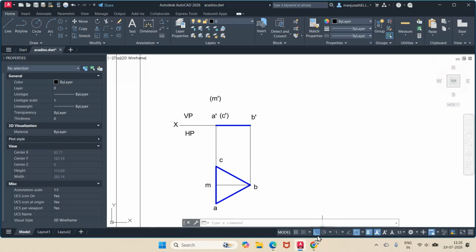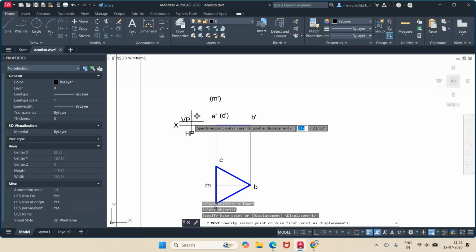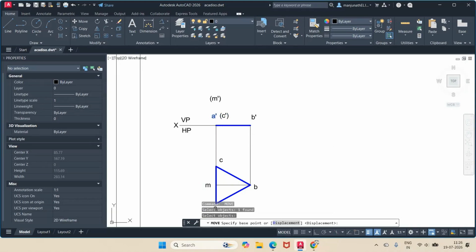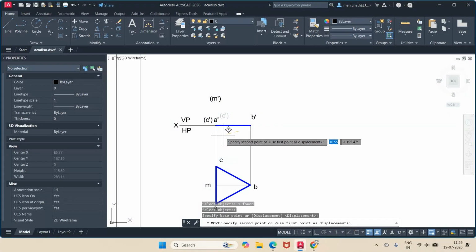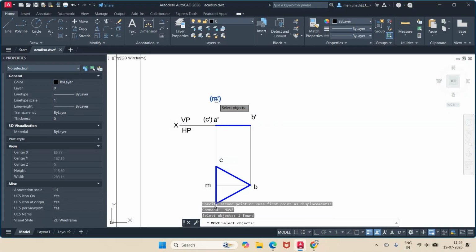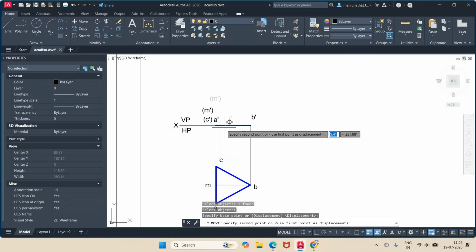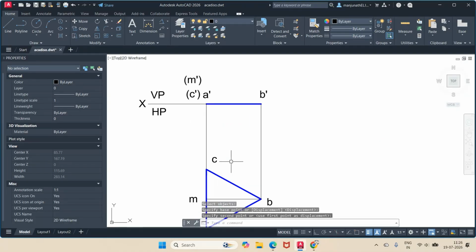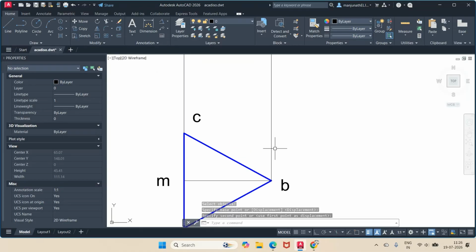Now I'll go for disable ortho and also post that, I will go for the move command. You select this and move it somewhere here. Similarly, you take VP here and then HP here. So then you take a dash on this side. Then you take c dash here and similarly m dash here. And now you take b dash here. Once you get this, now you take